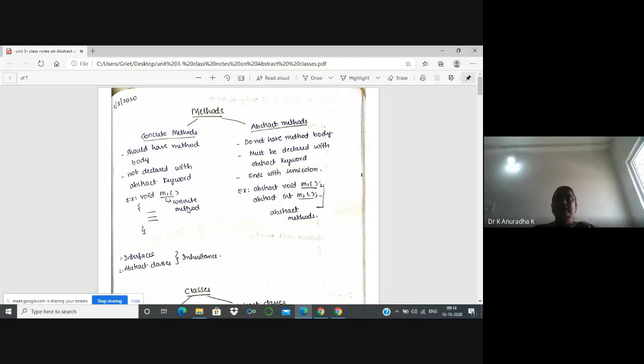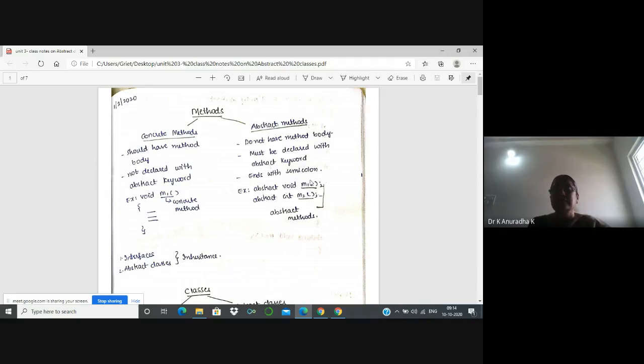Next, coming to abstract methods. Abstract methods do not have a method body and must be declared with the abstract keyword. The third important point is that they end with a semicolon. With these three points, we can write abstract methods. Now I will show you an example of an abstract method.